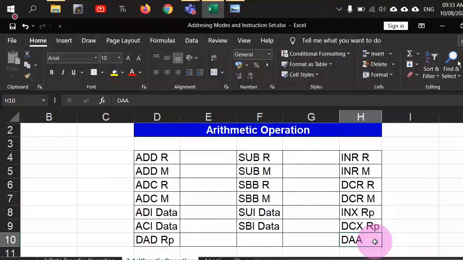These columns are not designed by keeping in mind that this is one group. So this complete thing is the arithmetic group. This is not an increment or decrement operation. It's a command which does not suit into any of these three columns, so I just kept it at the end. It's not grouped according to anything, it's just a different command. So maybe I will just mark it in a different color.